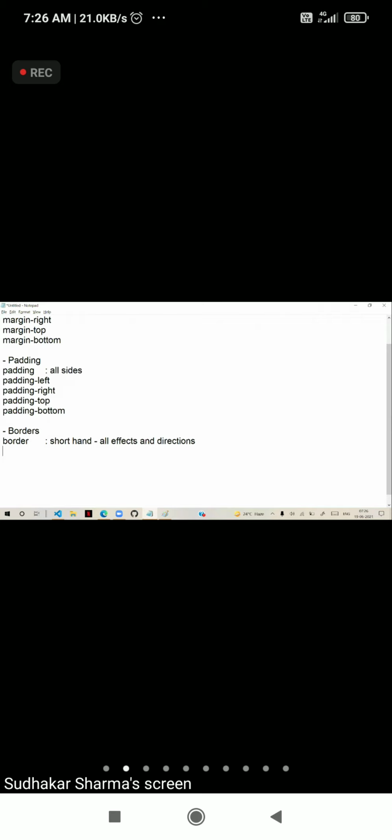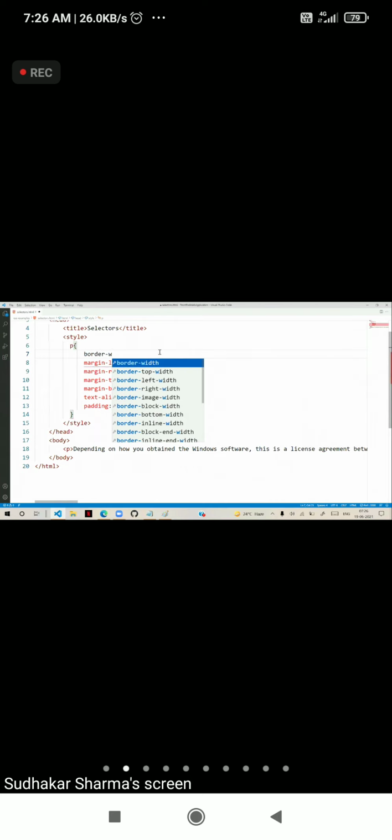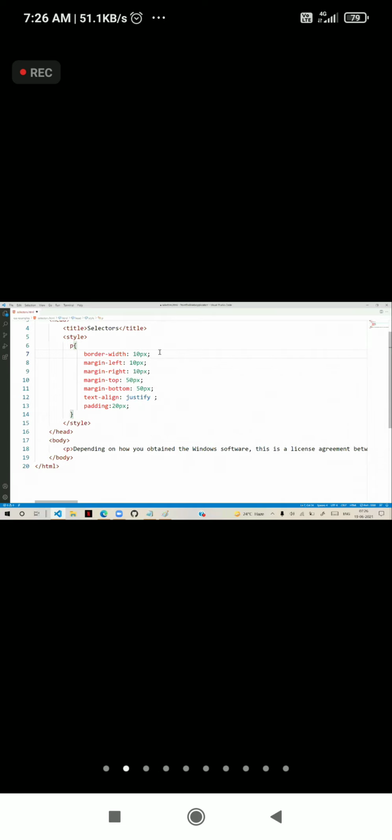Border has many, very lengthy. We have border style, border color, and border width. Border width we can define separately. Here I given border width as 10 pixels. That is the size.